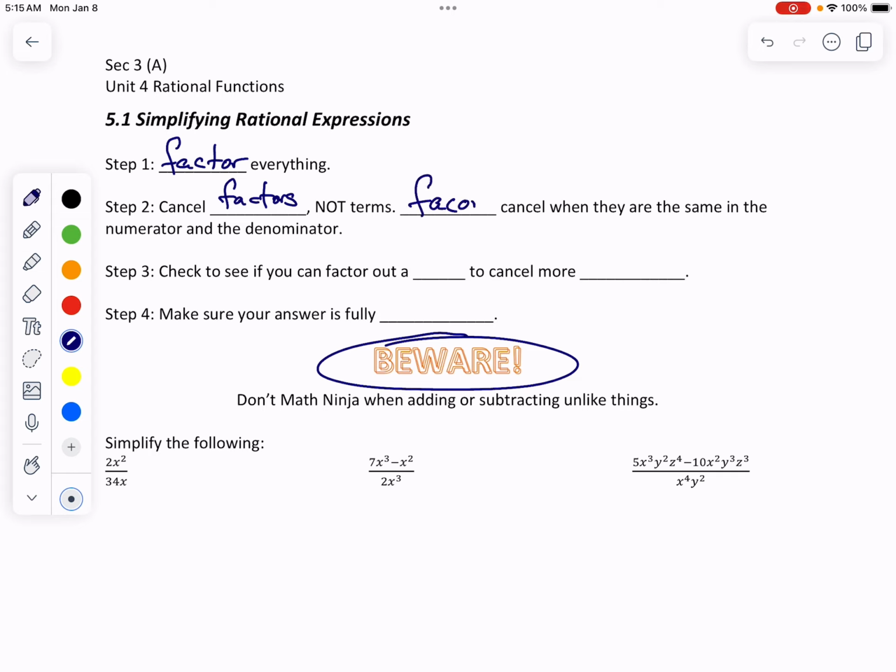Factors cancel when they're the same in the numerator and the denominator. We can cross those off. Okay, always look to see if you've got a GCF. Means a common factor. And cancel more factors if you can. And always make sure you fully simplify